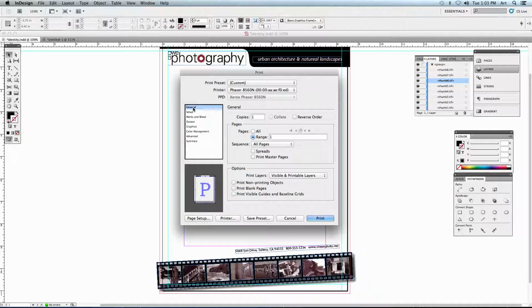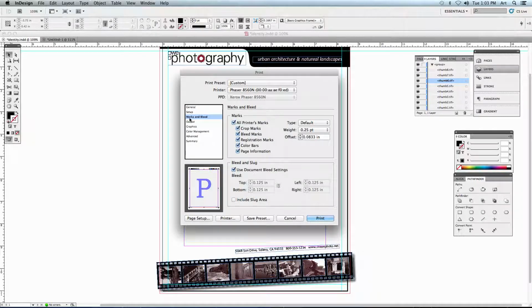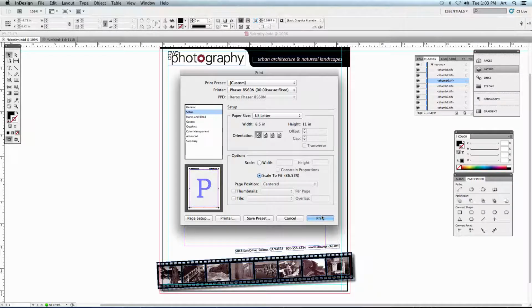We'll go back to General, and let's see if I can remember where to do this. It's been a while. Go to Setup. Setup is where we want to scale. We're going to choose Scale to Fit. So to scale it down, choose Setup on the left-hand side, Scale to Fit, and that's going to scale it down to about 86%. Once you've turned on your marks and bleeds, you've got your setup going good, you can hit Print,